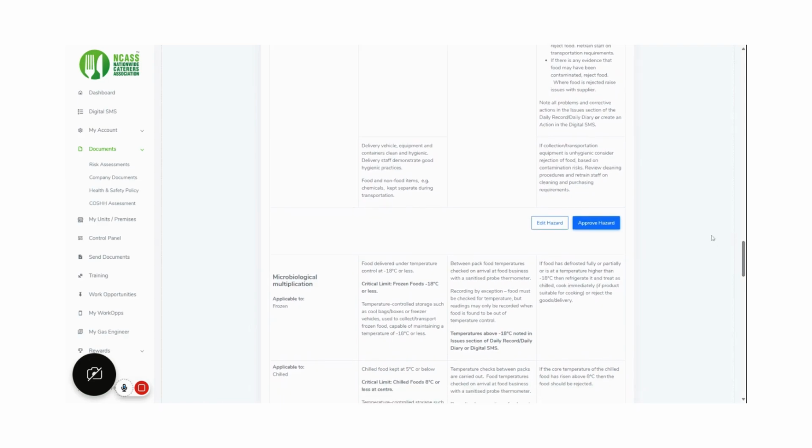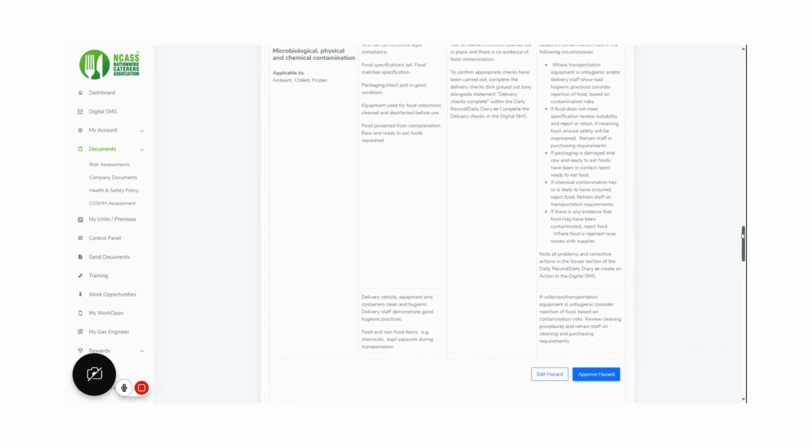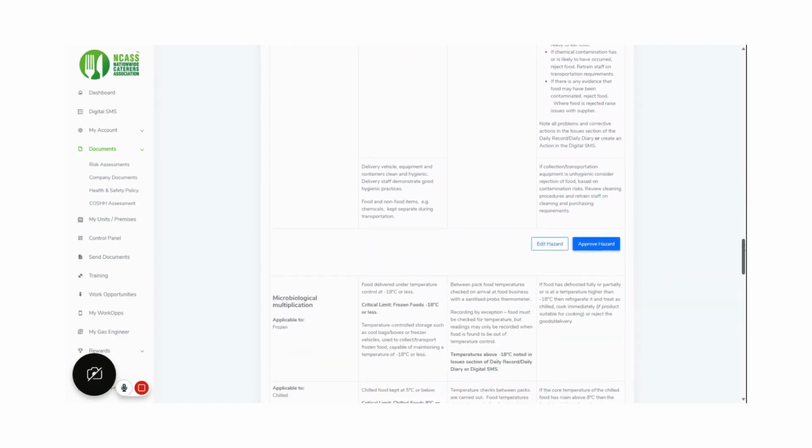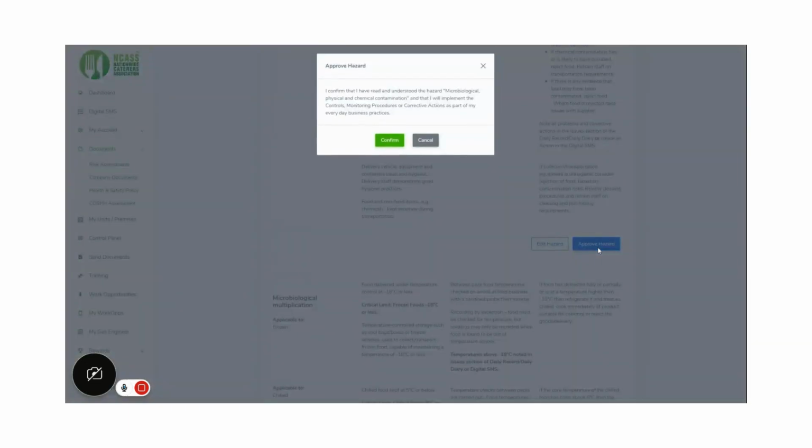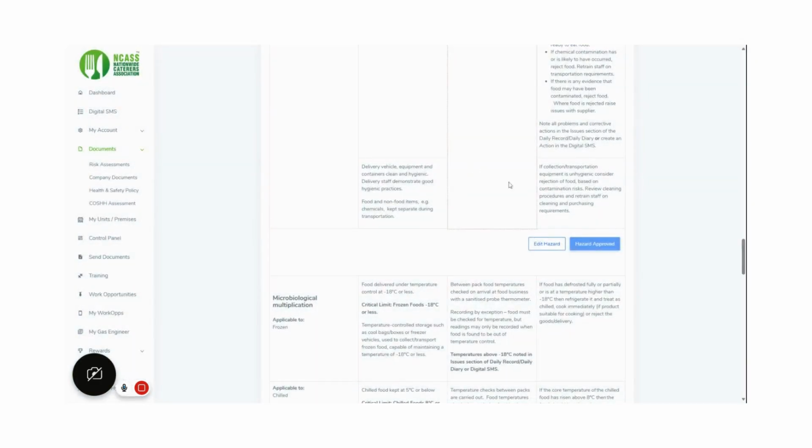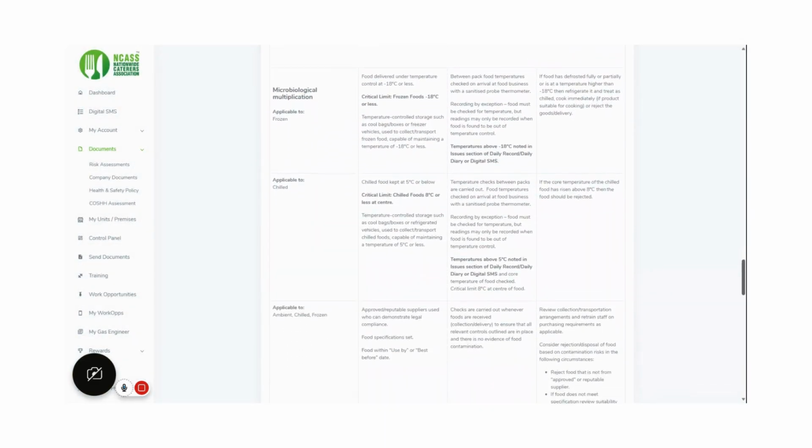That is what is assessed and checked at your routine food safety inspections. That is what contributes to your food hygiene rating score, is making sure that what is written down here is reflected in real life. So there's no point having controls or information that you're not going to be able to apply in real life that are not applicable. So what we'd ask you to do, as I say, is just check through that you're happy with this information. If you are, then simply approve the hazard. It will just quickly ask you to confirm you are happy, confirm, and then move on down to the next